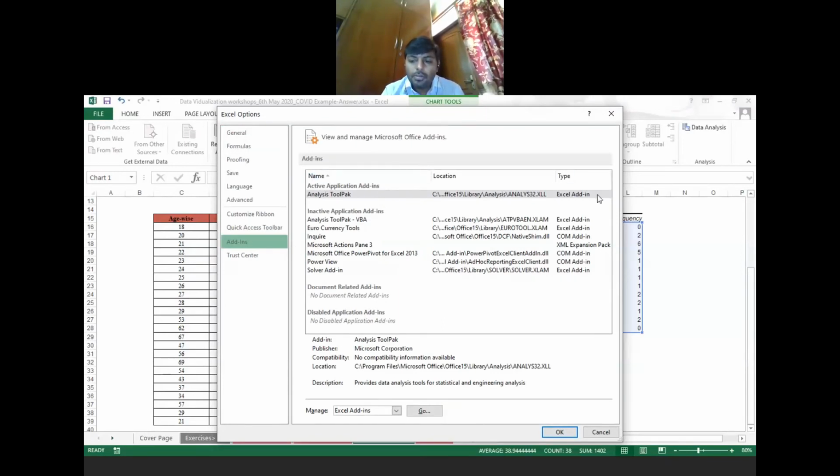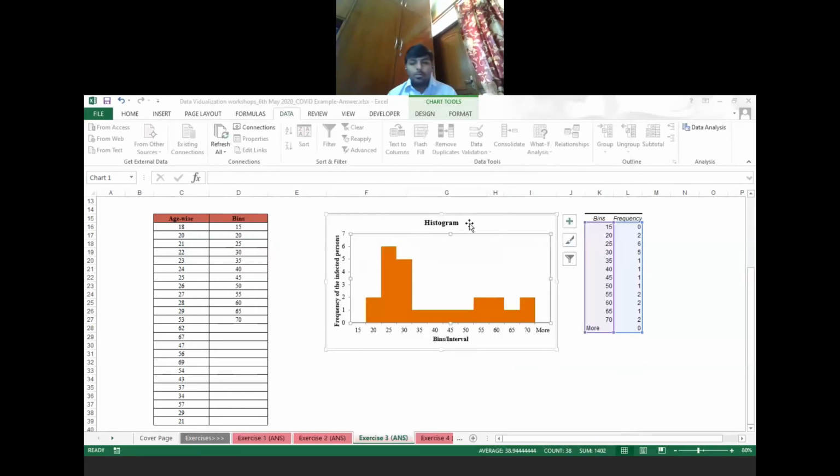In this window, we'll have an option, Analysis ToolPak. After clicking Analysis ToolPak, simply click OK. You'll have the option in your Data tab. Are you following?